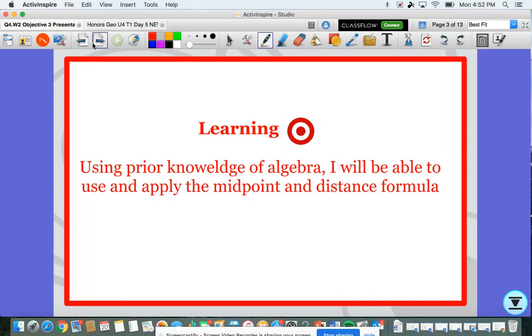Our learning target for today is to use our prior knowledge about algebra, just like we did before, and we're actually going to be applying and using the midpoint and distance formula. There are going to be a lot of things that might seem familiar to us that you guys have done, whether it's in other units, in previous years,